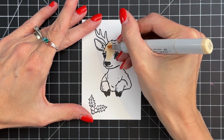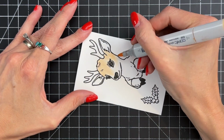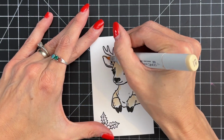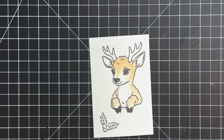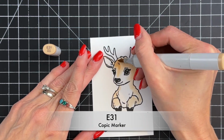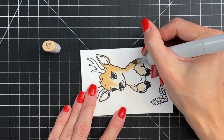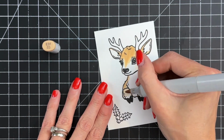I'm starting out with my lightest shade. I have three tans or browns picked out for this deer. My lightest shade here is E30, and I'm simply going to color around the sides and part of the head and the ears with this really light shade. After I lay that base down, I'll go on to my medium shade, which is E31. And I'm not coloring quite as far in as I did with that lighter shade, stopping a little short, about a third as far, or 2/3 as far as I did with the previous color,